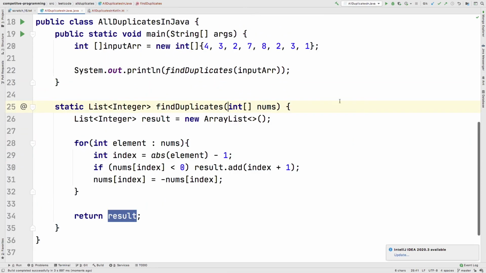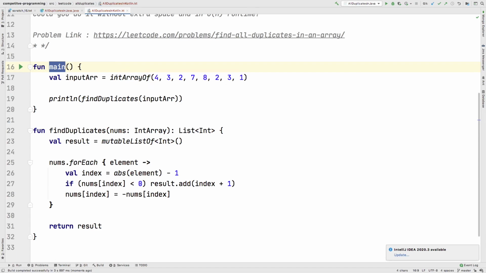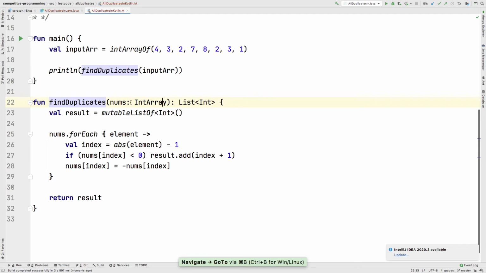Similarly, we'll see the Kotlin solution. So here I have written this main function where I'm creating an integer array with these elements, and then I have written this method where I'm taking an int array as a parameter.